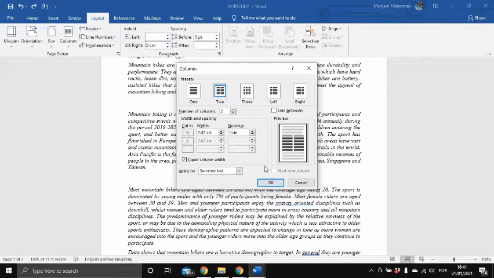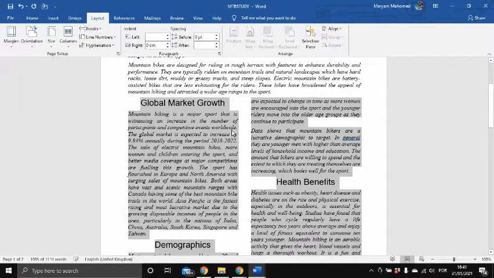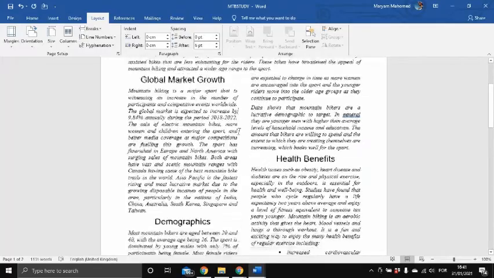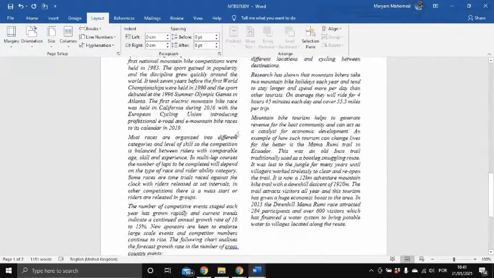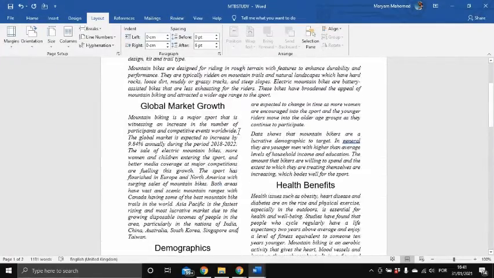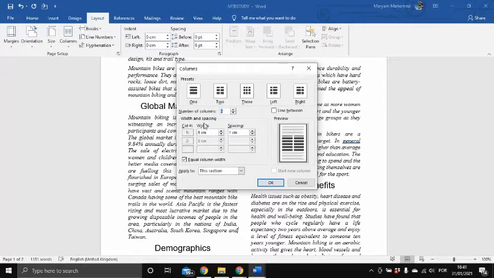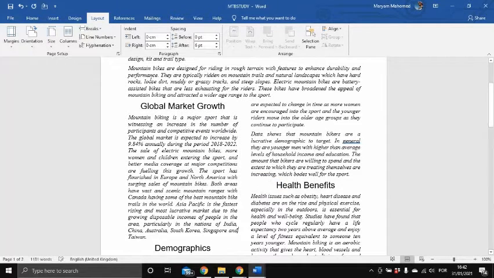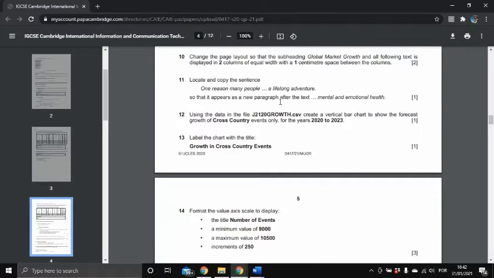So I'm going to change, and yeah, we have our columns. So to check, you can go here again, and we have equal width and 1 centimeter spacing. Okay, we save it. Then we go to the paper exam,